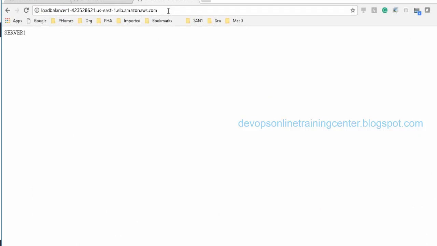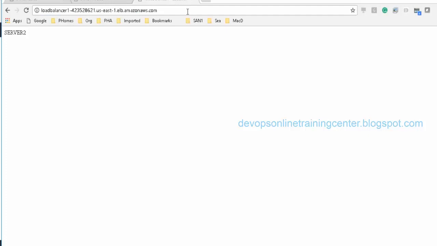Server 2, server 1, server 2, server 4. This is the one that by default says hi, because in the advanced configuration I just asked to install HTTP, start the service and write hi to index.html. So there are 4 instances now, and the load is equally getting redistributed to all 4 EC2 instances.